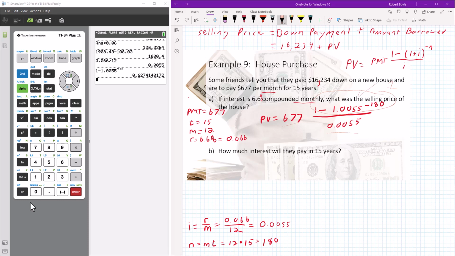Okay, I am going to multiply that by my payment, 677, and I'm going to divide it by the interest rate, or divide it by i, 0.0055. And that gives me a value of $77,228.961,